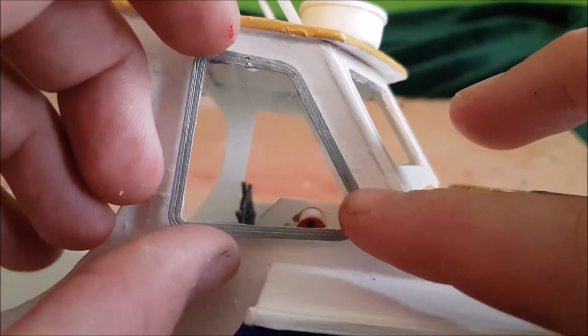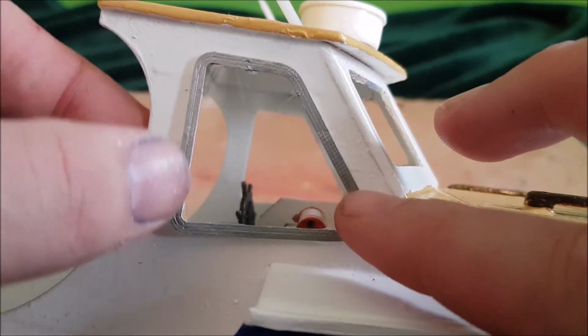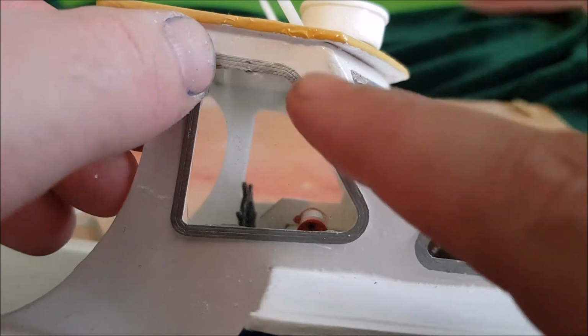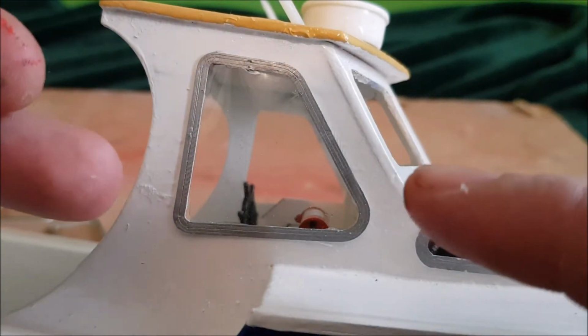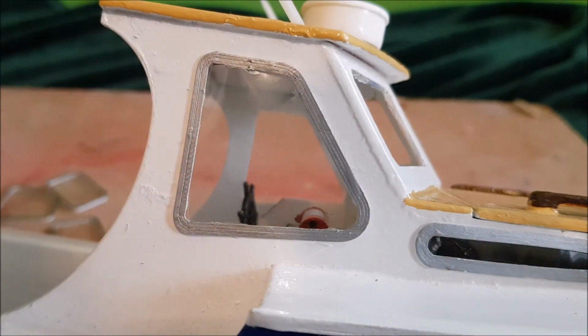I simply place them in and push them into place. They'd stay in if you just pushed them in, to be honest with you. The thing to watch out for when putting the windows in is if you've added a little bit too much paint,